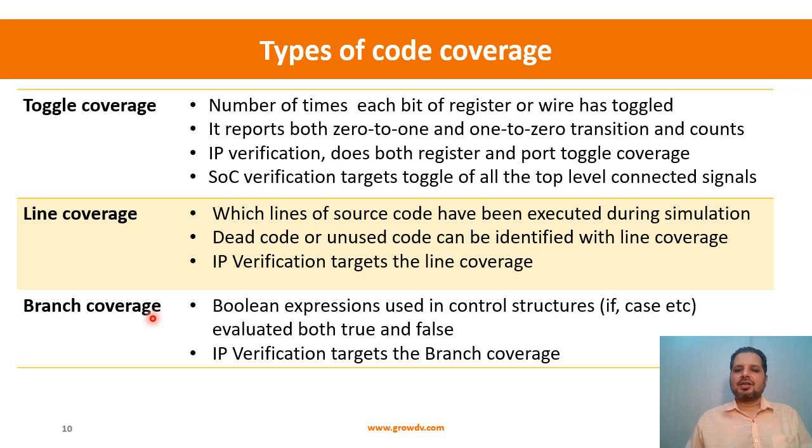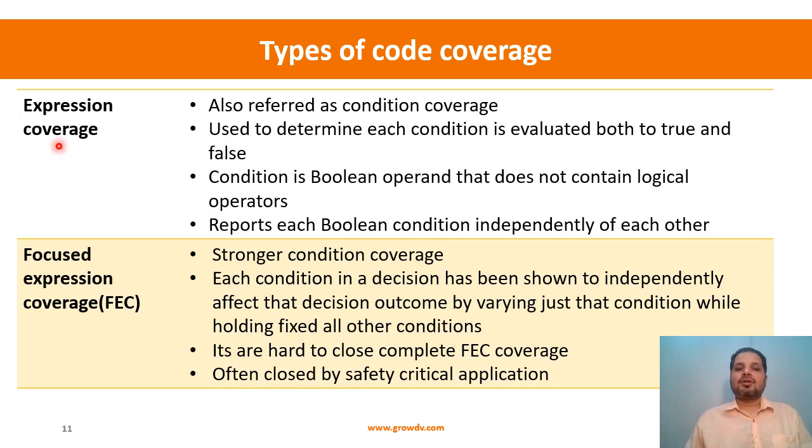The target is the IP verification that targets the branch coverage, because it covers a very internal aspect of the design IP. And then you have the expression coverage and focused expression coverage. So it's also a very important part of the code coverage. The expression coverage is also referred to as condition coverage, and is used to determine if each condition is evaluated both to